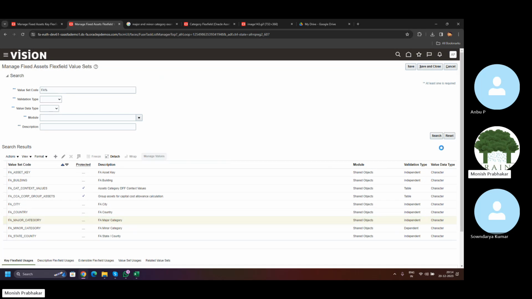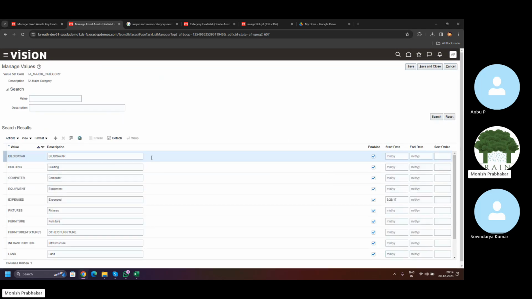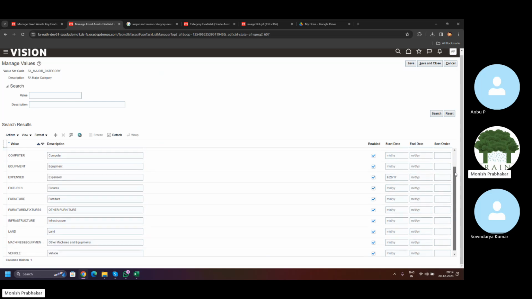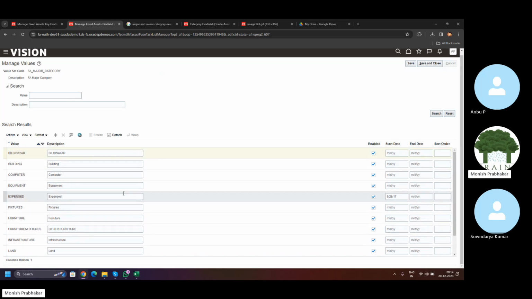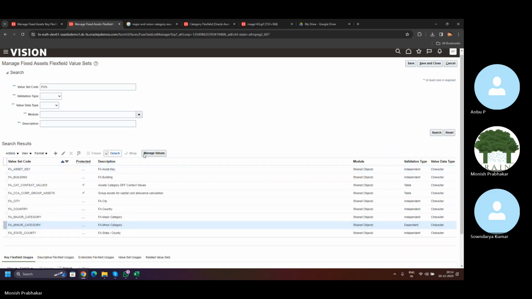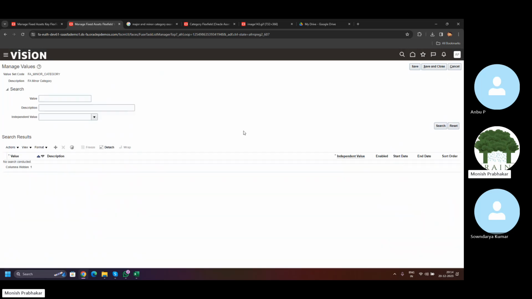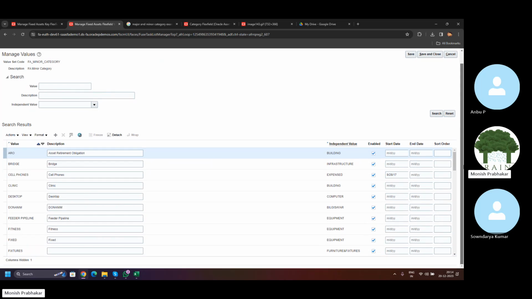Major category, manage values. See, these are all the categories which they created: infrastructure, land, machine and equipments, these things. If I go to minor category, manage values, I'll click on search. See,